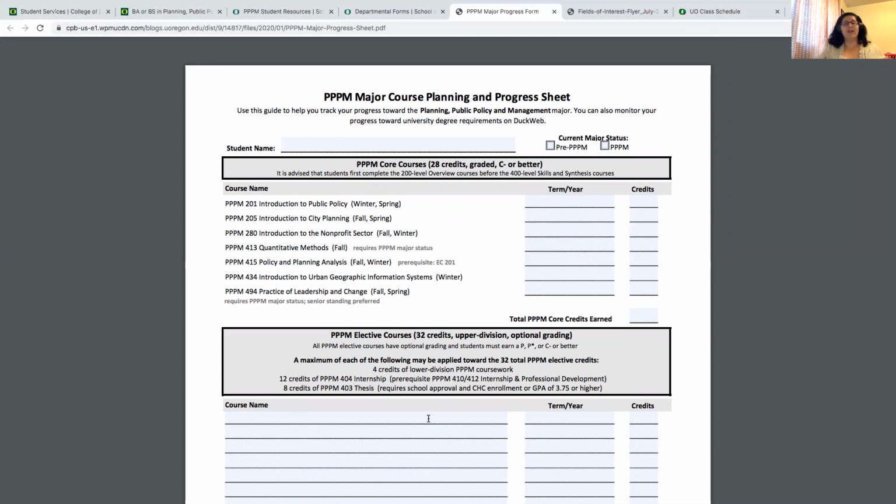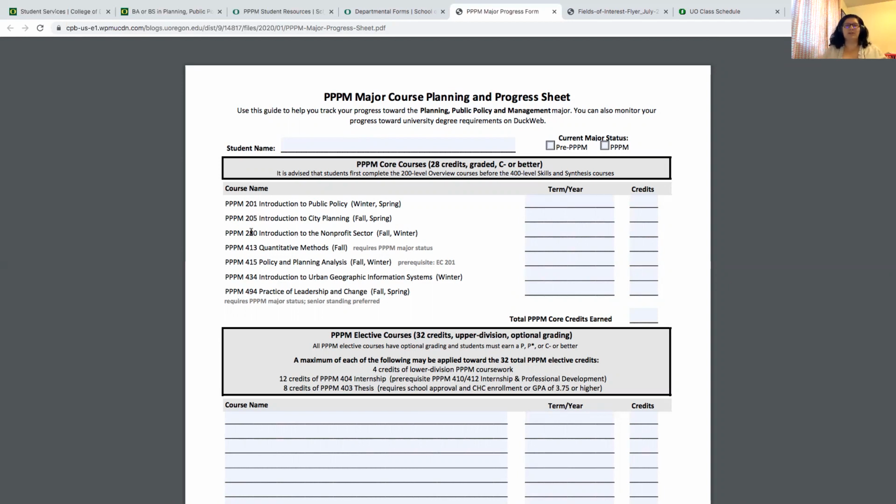Elective courses are offered every single term, so you shouldn't have difficulty finding 1 or 2 electives for any given term. Which electives? We don't really know that in advance, so it's really good for you to refer back to that course preview document, because it is going to share with you all the elective courses that are going to be offered that term. So if you're incoming this fall term, then you might be interested in taking Introduction to City Planning, which is 3PM 205 or 3PM 280.